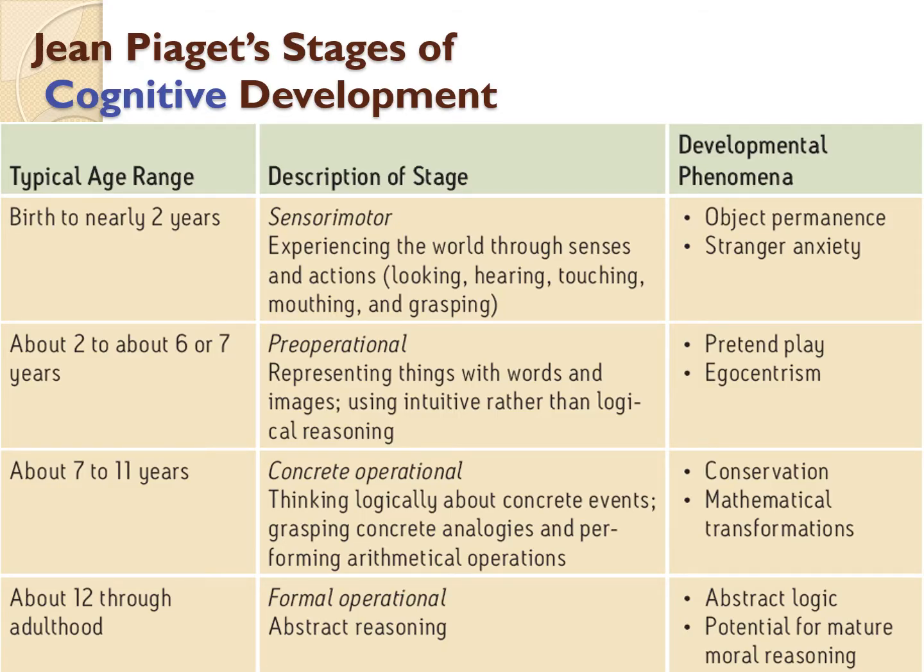So here's one of the stages that I really, really want you to know thoroughly, and that's Piaget's stages of cognitive development. When we go through the other people's stages of development, it'll be called something different. So remember that Piaget is cognitive development. Now, when we look at cognitive development, we have birth to 2 years, or 0 to 2. It is called sensory motor. That means you learn by your senses and motor skills during that time period.